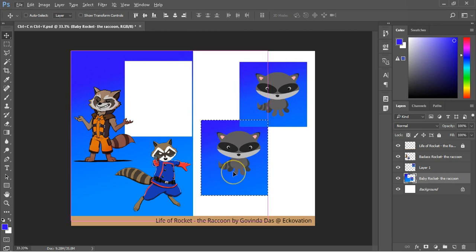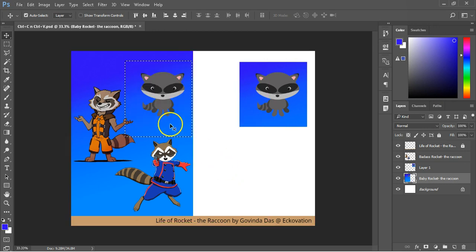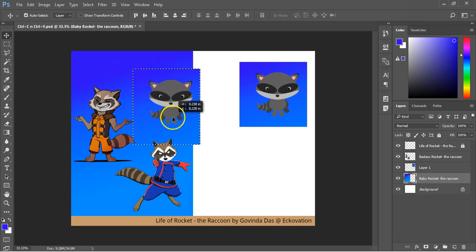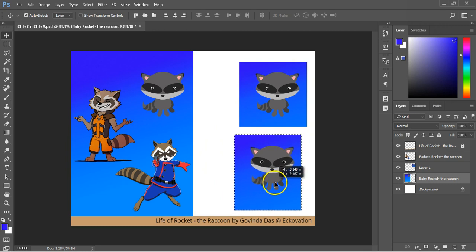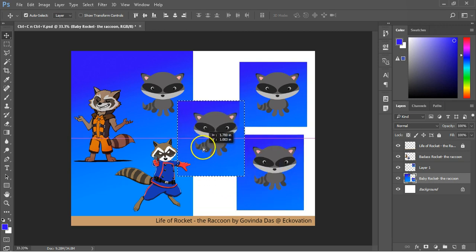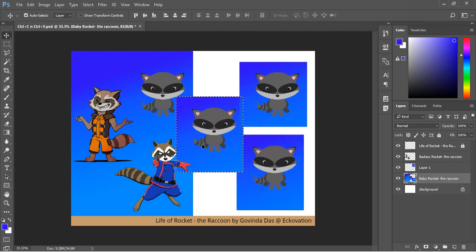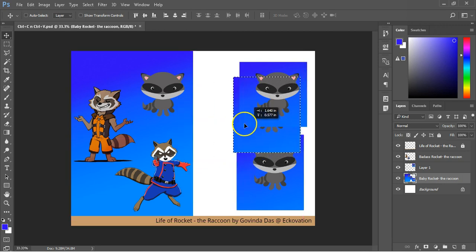Now getting back to copy and paste, if you hold the Alt key, you can see that the mouse cursor icon has changed to an arrow with its reflection. Now holding the Alt key, click and drag the selected area to a desired location. You can see that the image has not been altered, but we did create a copy of the selection under our mouse cursor. Release the click to place the duplicate artwork at your desired location. Now once the click is released, you can move the new artwork by holding the Ctrl key and click and drag.